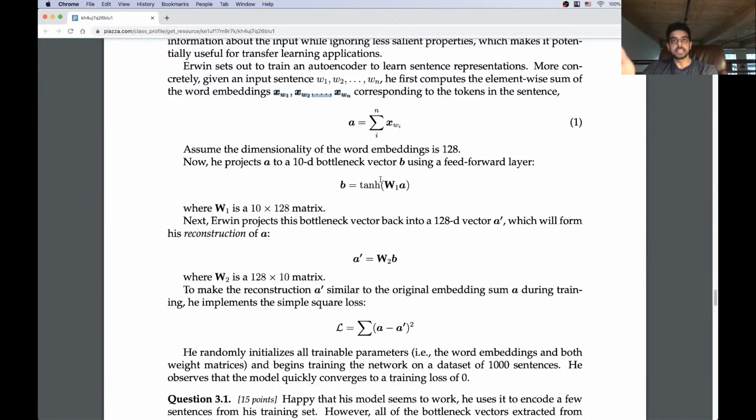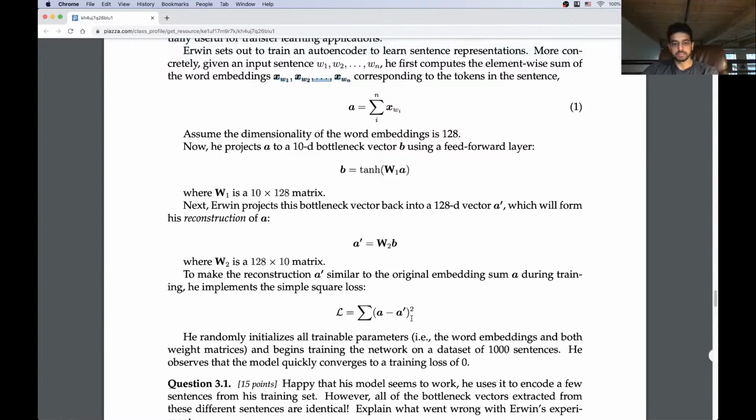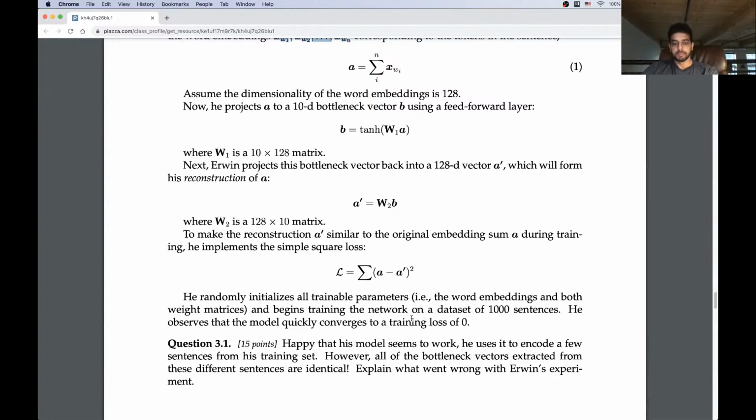And this is, in fact, what does happen when you set up these autoencoders and have all parts of the model be trainable, unless you design your loss function in a more clever way to avoid these kinds of degenerate solutions. So again, some of you said things like the word embeddings will become identical, which is almost there. And I think others of you said things like